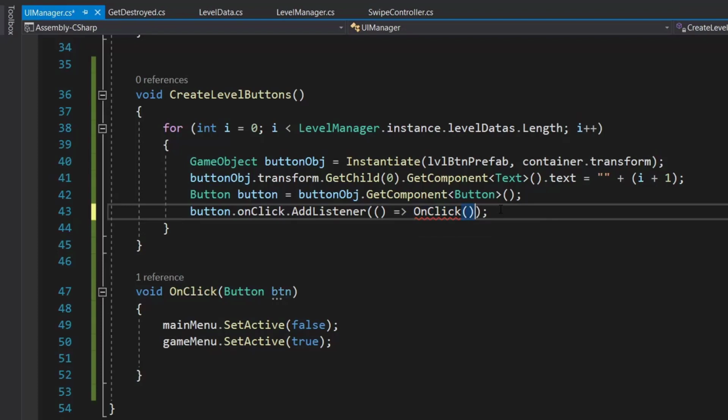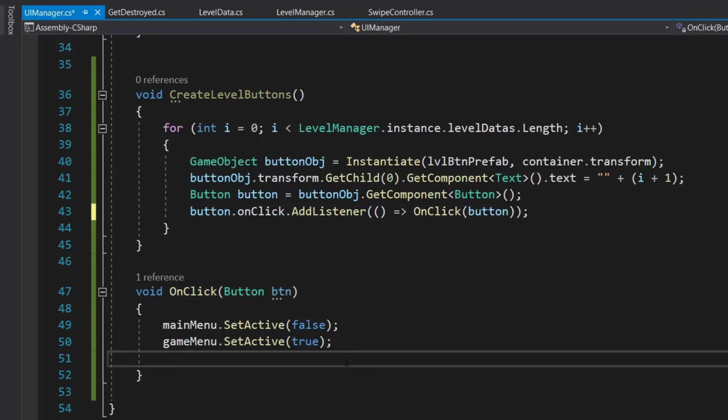So after we have clicked, we are setting our main menu false and activating our game menu, but we also need to call our level manager to spawn the level.